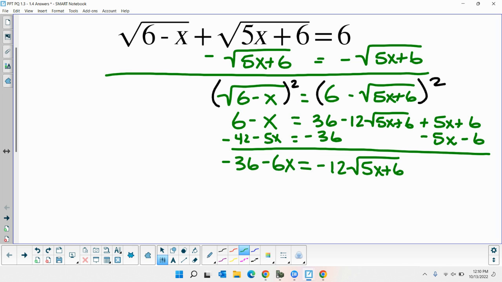Now, normally I like to divide this negative 12 over. But I get negative 6 over negative 12, so I get a half. Okay? So we don't really like having fractions in our problems, right? So I'm not going to do that. I'm just going to square both sides from here. Okay? So I'm going to square this, I'm going to square this. And that'll get rid of that radical over here. Now remember, this is one of those binomials that I'm squaring, so it's like foiling again. So I'm doing that,